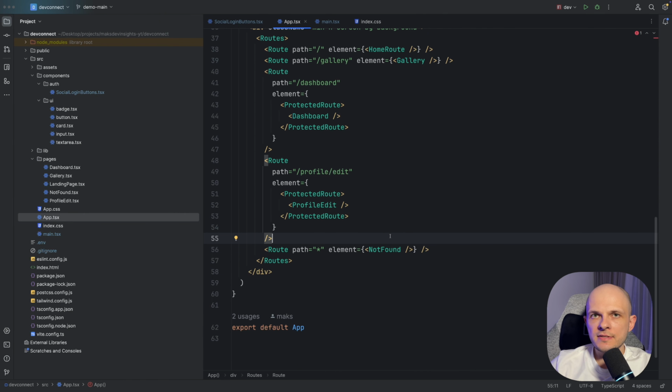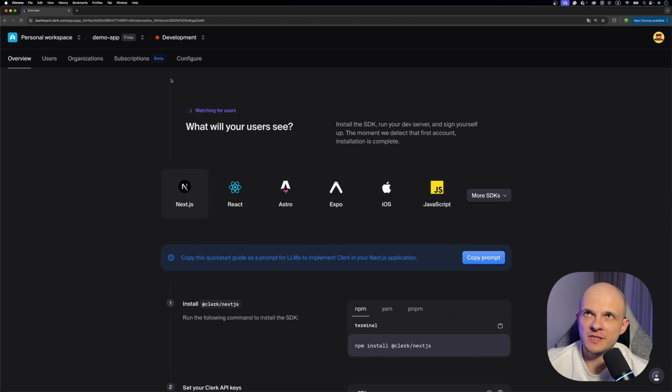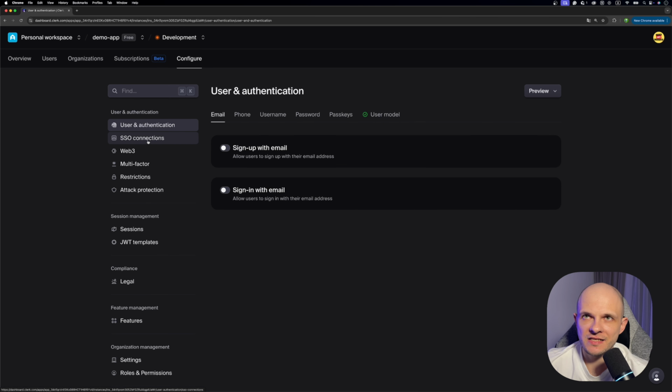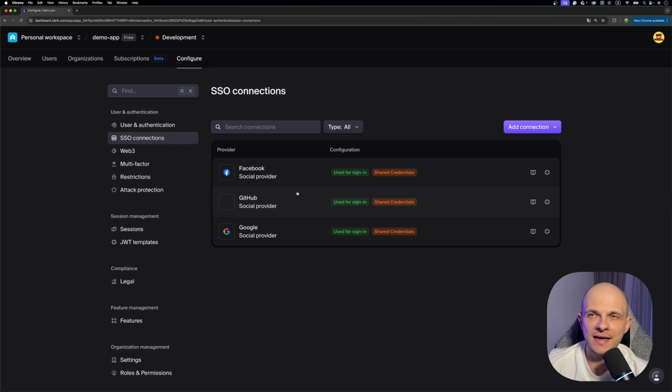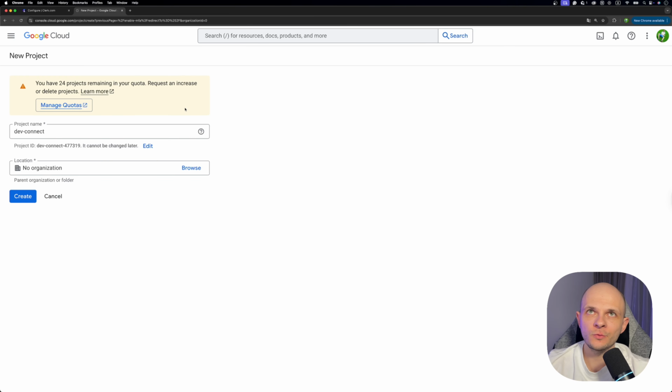That's it. Now we need to do setup with providers with Google, Facebook, and GitHub, and then test the integration. In the Clerk dashboard, we need to press Configure. Then we need to select SSO connections, and here we can add providers which we need for our app. In my case, it's Facebook, GitHub, and Google. To set up Google, we need to go to